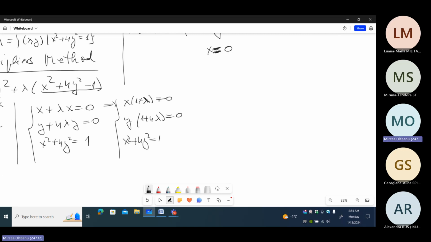Then the first equation is fulfilled, yes? Now, we go to the second equation. Here, if y equals 0,